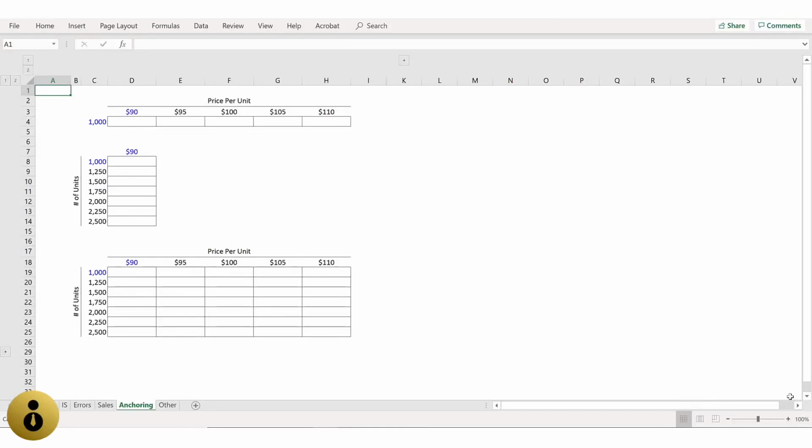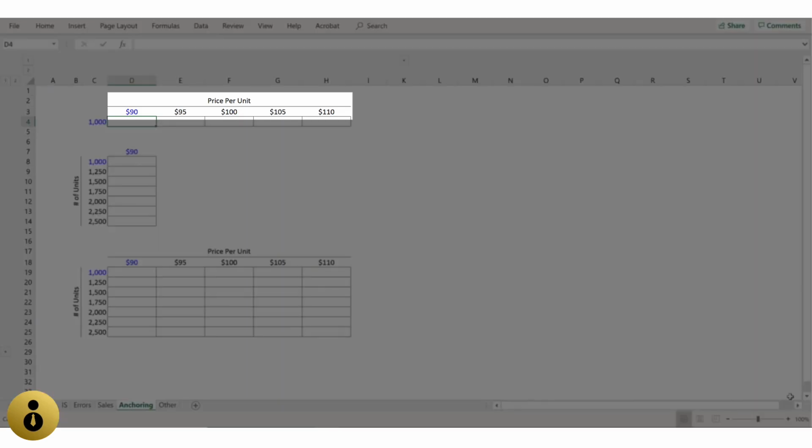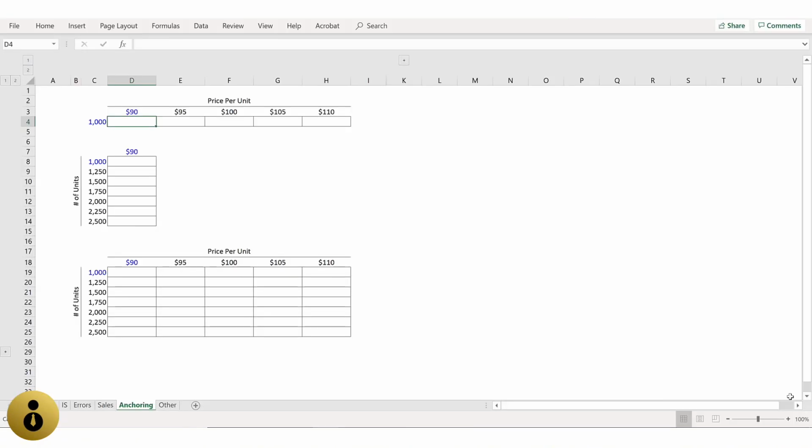Let's take a look at this example so that we can start to understand cell anchoring. Here, I'm trying to calculate my sales based on a certain price per unit, which you see on the horizontal axis, and a certain number of units, which you'll see on the vertical axis. In this first example, I have several different unit prices, but only one number of units that I'm going to